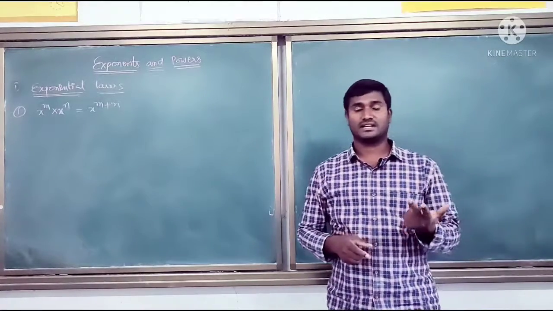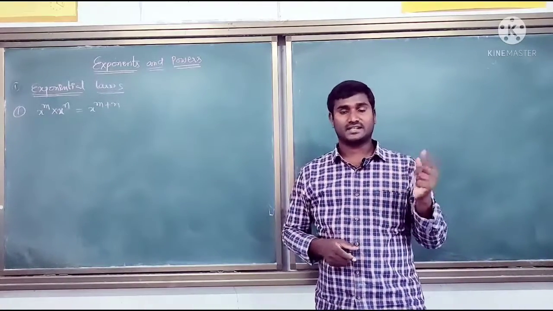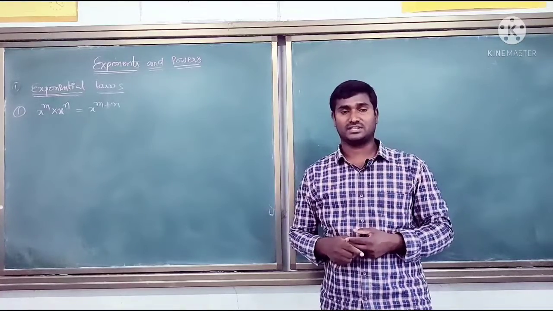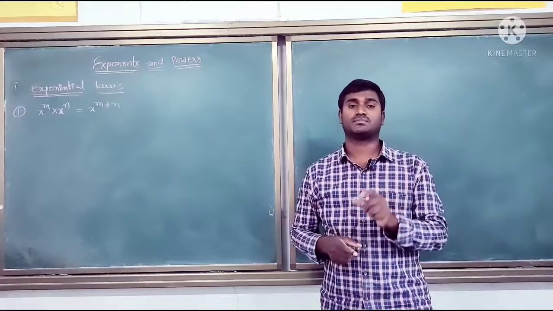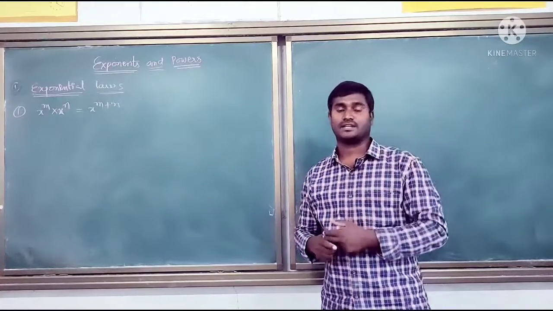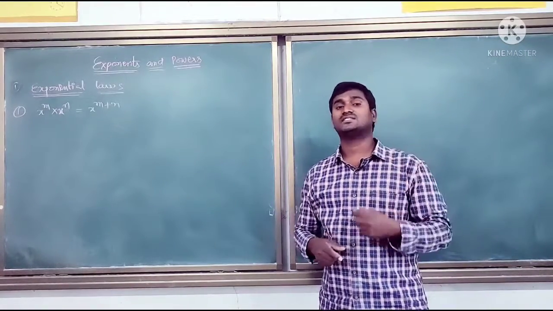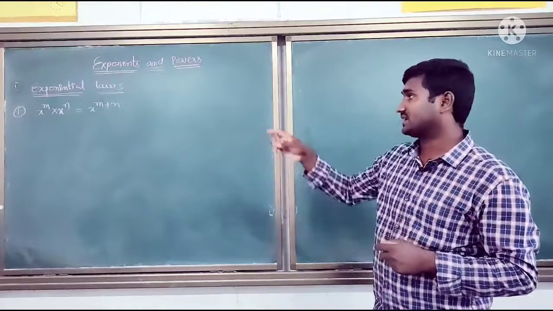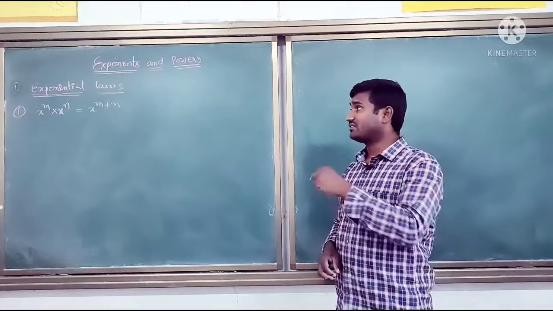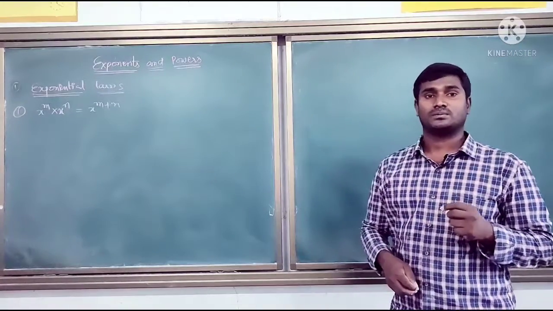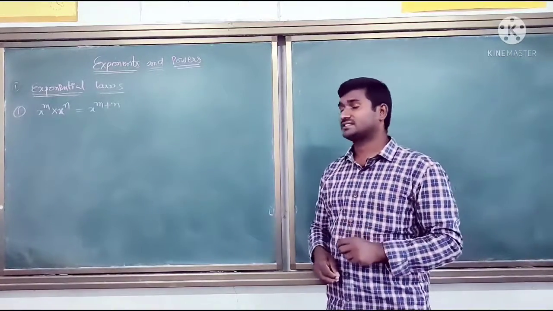Real numbers, you already know, that is rational numbers, irrational numbers also you know. So real numbers means the rational numbers and irrational numbers together we can call real numbers. So x, m, n are non-zero real numbers. So where we will use this formula, let us see here.